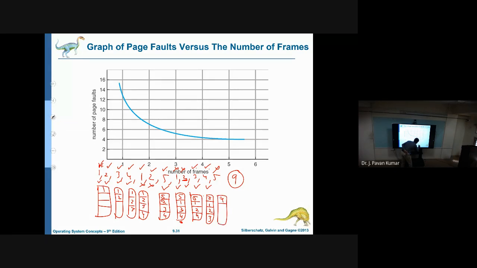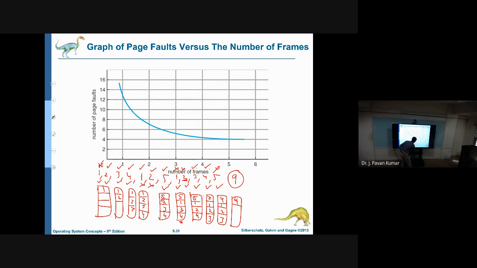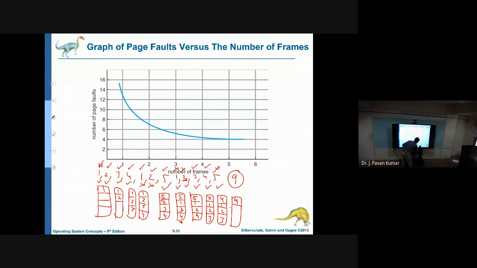So 4 1 2 3. Next 5, again page fault will occur. What can be replaced? I think 1. I got confused, sir. Okay, just keep track, then you will get it right. Somehow 5 will be the page fault. That is the interesting point for us. Because we don't have any other reference strings, so need not bother.